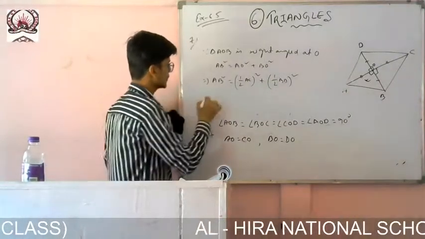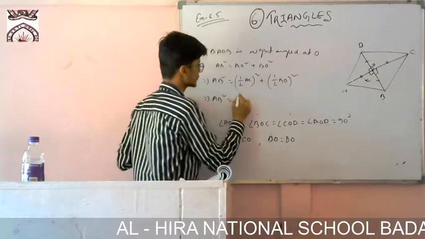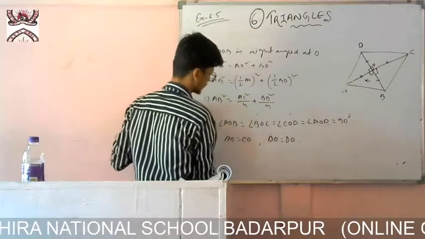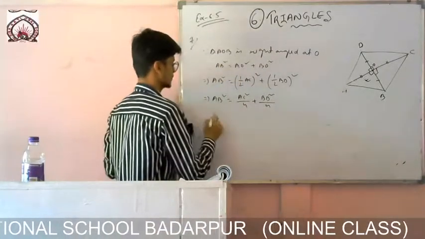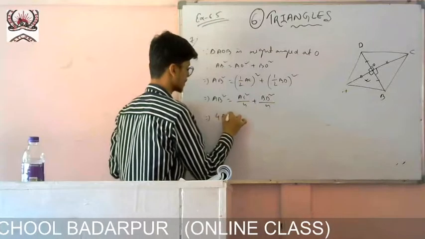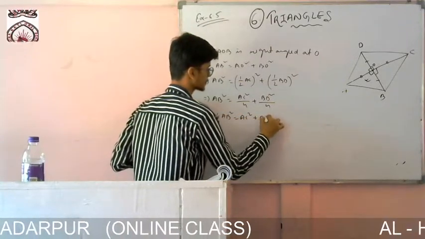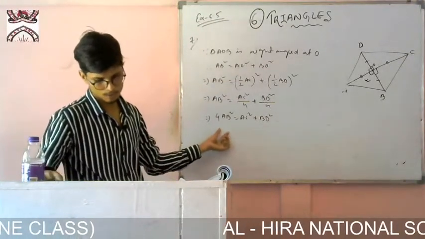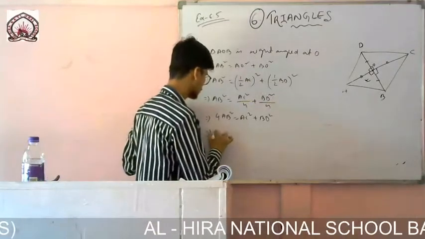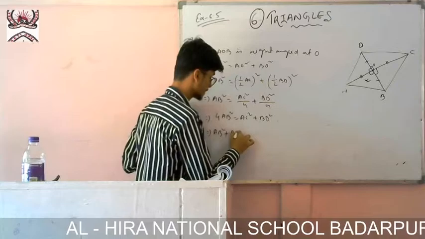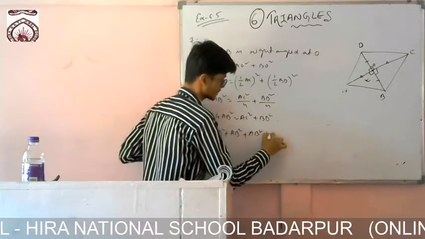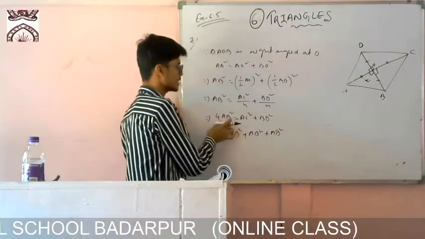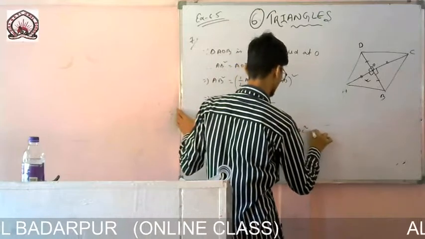It will be like this, that AB square is equal to AC square by 4 plus BD square by 4. So 4 will be the LCM, then it will be same. So 4 AB square will be equal to AC square plus BD square. So 4 AB means I can write 4 times AB. One time AB written, another time written, again I have written, and the fourth time also, 1, 2, 3, 4. So if I add AB square three times, I will get 4 AB square, and AC square plus BD square.